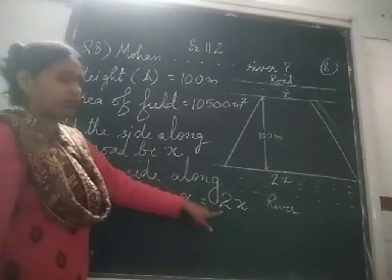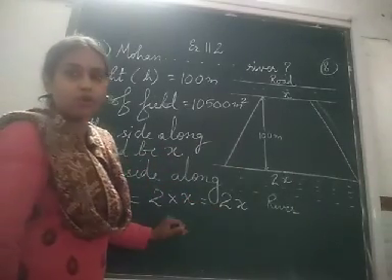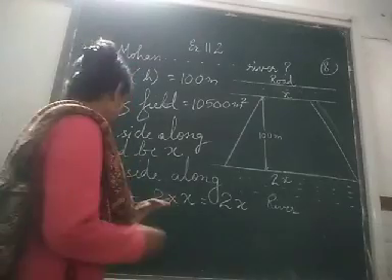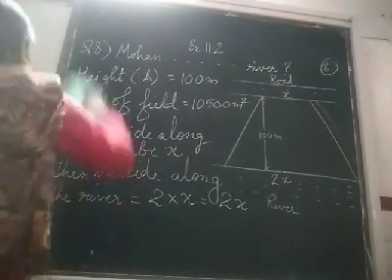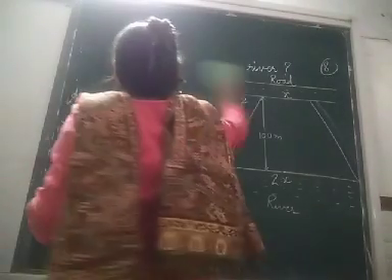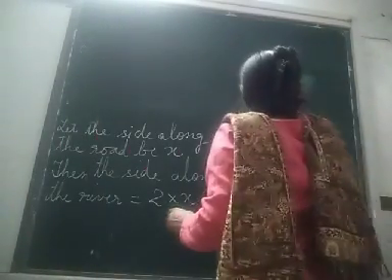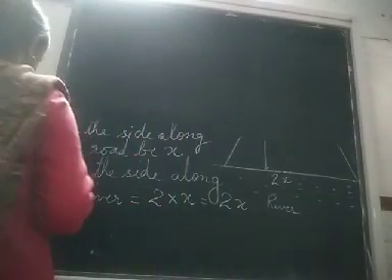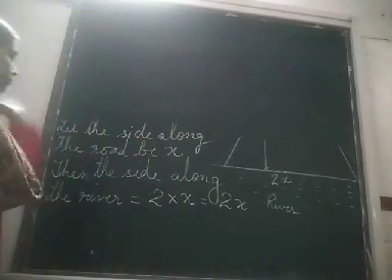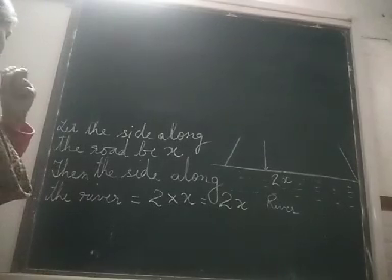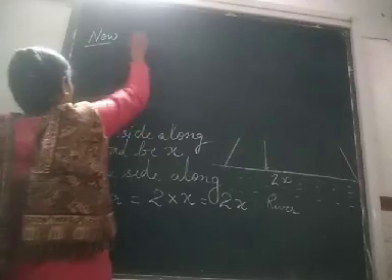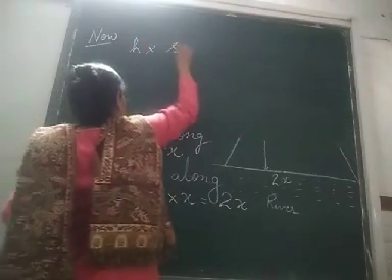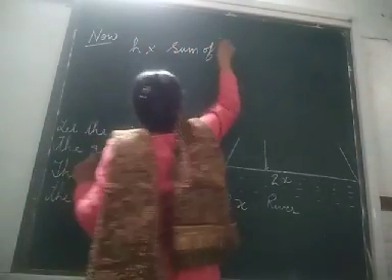This is a, this is b, that is the sum of parallel sides. So let's write that. Now, h into sum of